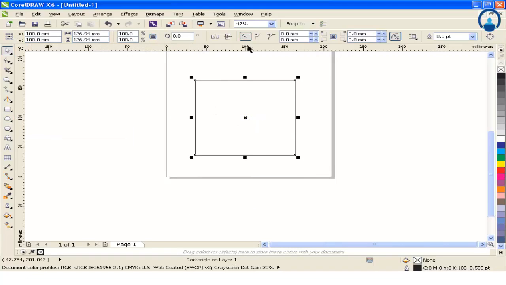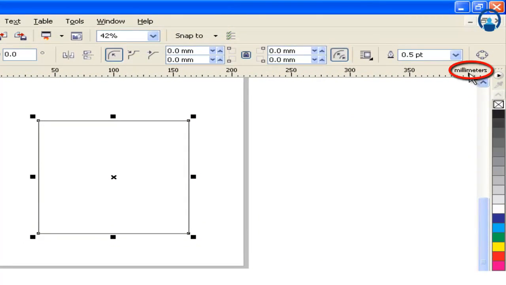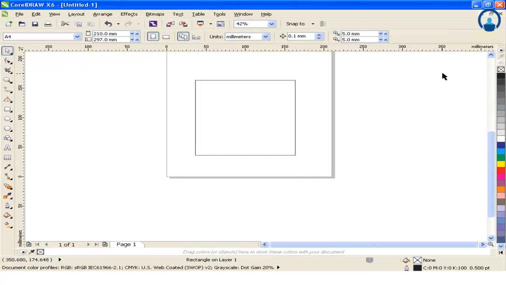So this is X and this is Y. Okay, and this ruler is in millimeters right now. If you see here, this is in millimeter. This millimeter can be changed. Simply what you do is change the ruler from millimeters to centimeters or to inches. What you need to do is